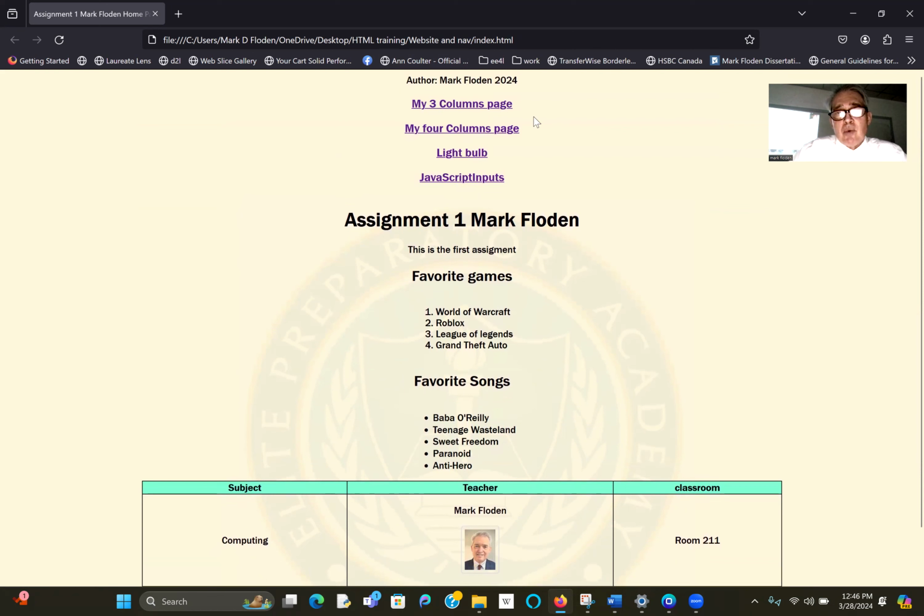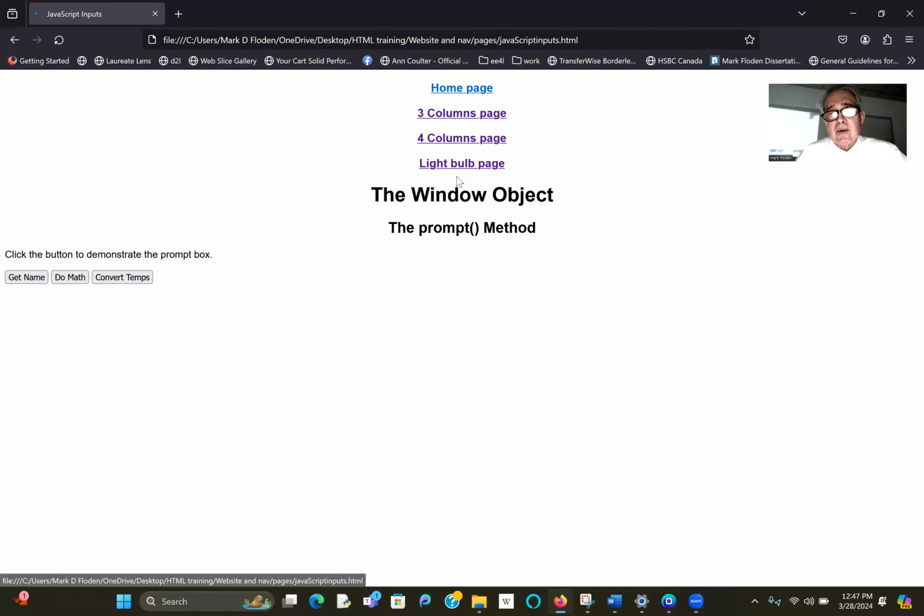Now, on this website, you can tell by these links here, we've got five different pages because there's 4 links plus you need to include the home page. All of the others we've looked at quite a bit, but this one here, I want to just have a quick look at this and we'll look at the code for it. And that's what I sort of want you to